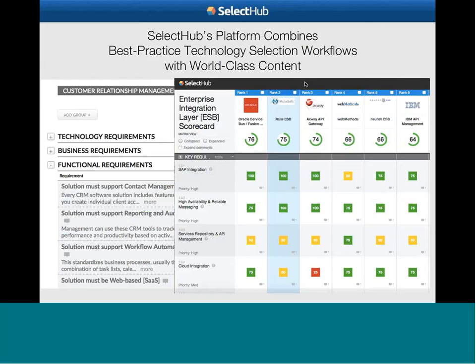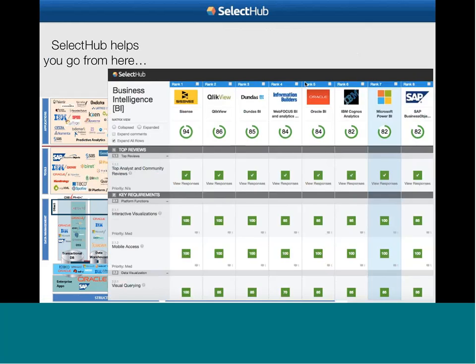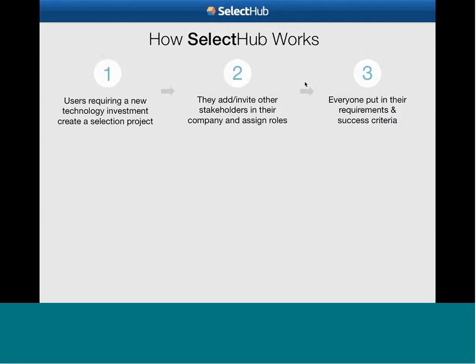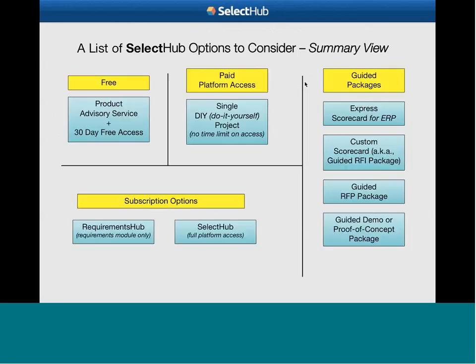So real quick, there are different offerings. SelectHub helps you go from this jumbled mess of products and vendors to a scorecard like this. And the way we can take you there, we have several different offerings that we can share with you. For example, we have a free service where we can make some product recommendations. We also have a single project access where you can